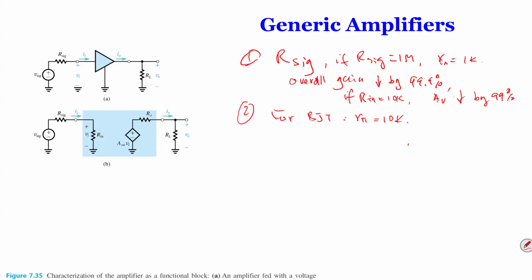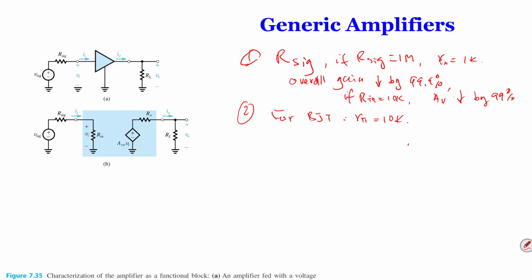So in this case, you would want your input, like R sig, to be small. If your R sig is 0, your gain doesn't reduce at all, so it's all passed through. But if your R sig is very big, your gain is reduced by a lot. The other thing to do, of course, is to increase the input resistance. So if R in is increased many, many times,